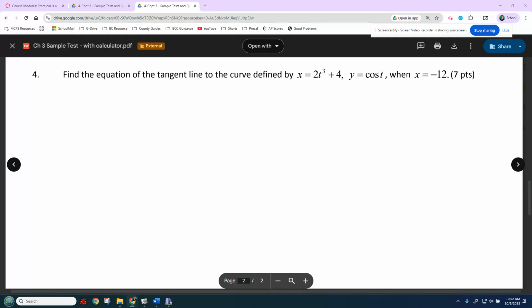I want an equation of a tangent line, so I want an x and a y value. How do I find the x is 12, negative 12? How do I find the y value? Well, you set negative 12 equal to the x in the x equation, you find t, and then you plug the t into the y equation. Okay, first step is I need to find t. Okay, t is -2. Okay, so the coordinate,